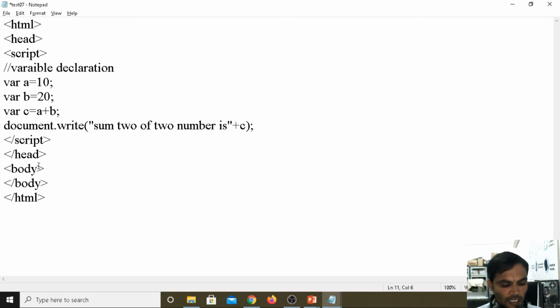Now under the body part I am using style equals background color, and I am giving background color as blue. In the body part I use inline CSS.